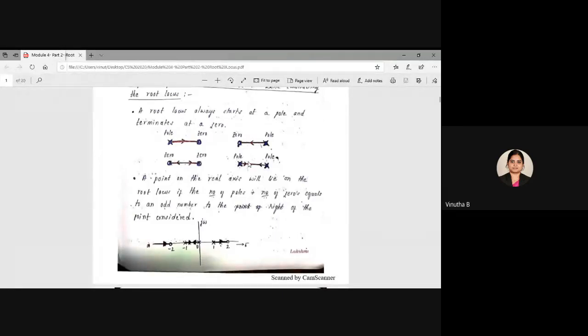Similarly, if you have two poles adjacent to each other, from one pole there is this movement. We have just shown the movement. There is no zero here, which means from the pole it is going to move. Here also there is a pole, and from the pole it is going to move. It is not that from this pole it is going to move to this pole. You should not read it like that. From this pole it is emerging, from this pole it is emerging.